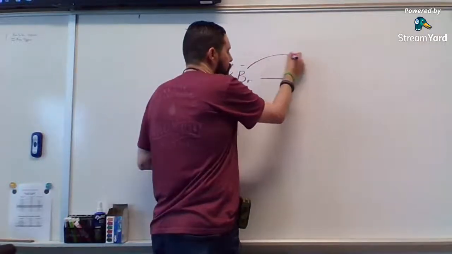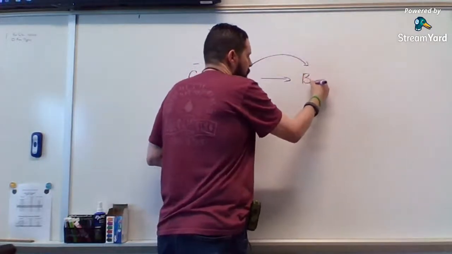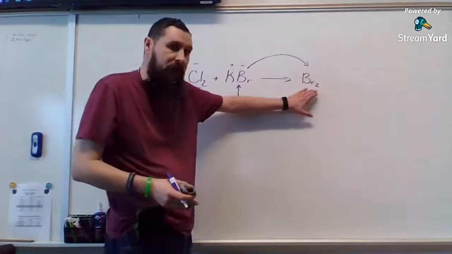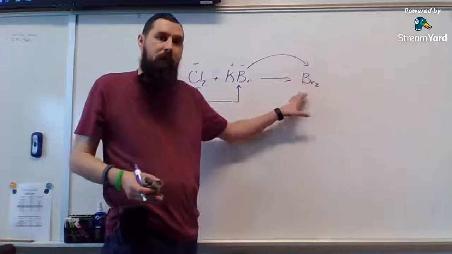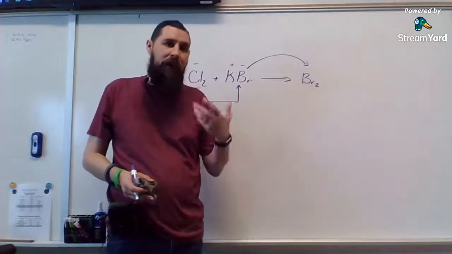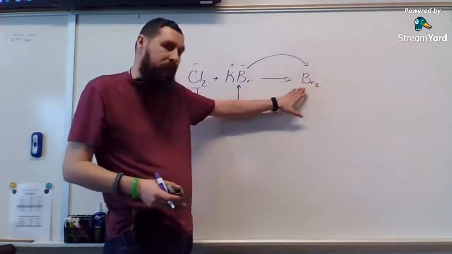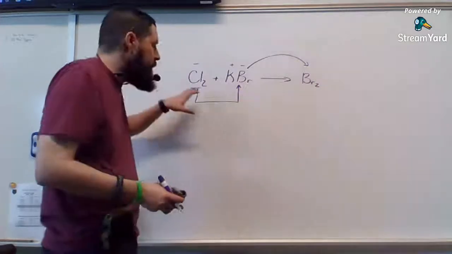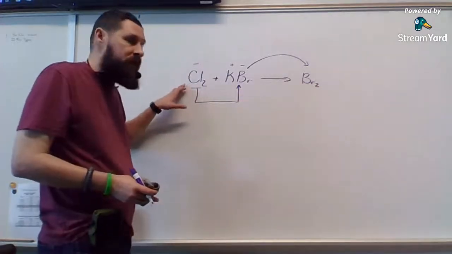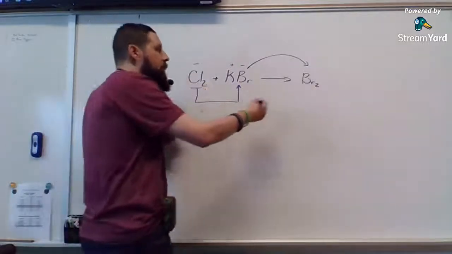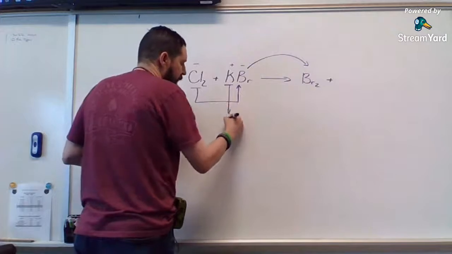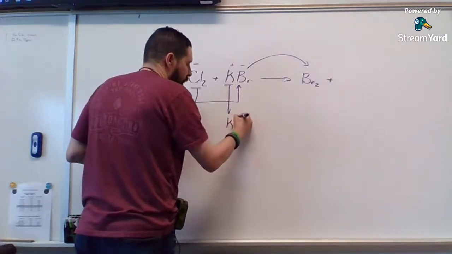So as a result, bromine becomes our individual product. And if you're wondering why I put the Br2, it's because bromine again is one of those diatomic elements. Anytime that bromine ends up by itself, it's always with the subscript of 2, similar to chlorine, which is a diatomic. So now for my new compound, I'm going to take that potassium, which would be a 1